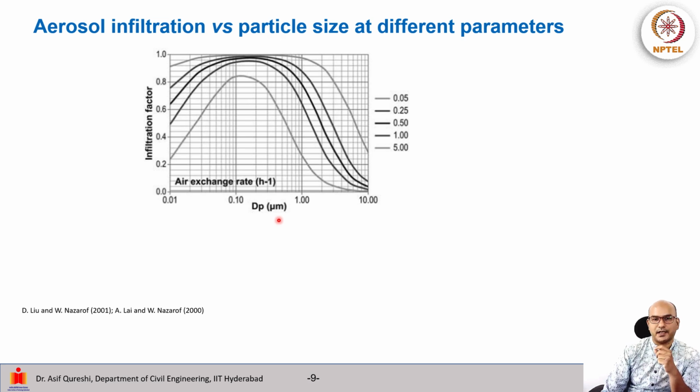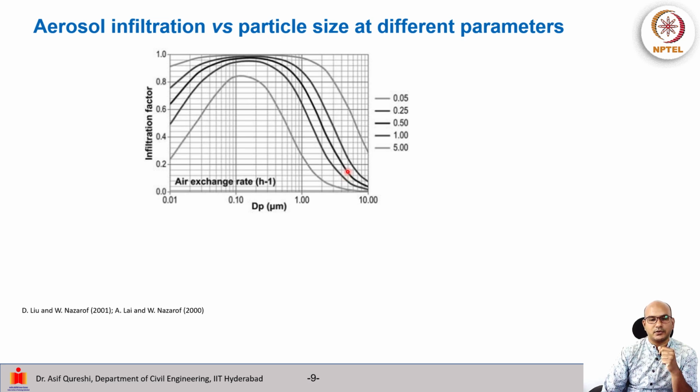Then air exchange rate, again regardless of the air exchange rate, and again we are talking about factor 100, we again see that the maximum transport is in the accumulation size range, going as much as again 100% here in this case, and in this case it's a bit lower, 80%, but it is still quite high. Whereas if you go to ultrafine or the coarse, very quickly the infiltration percentage has decreased, especially in the